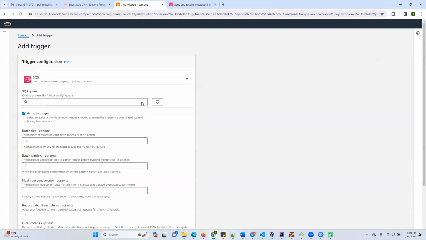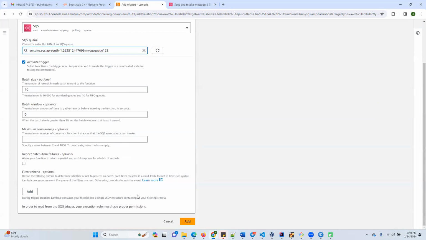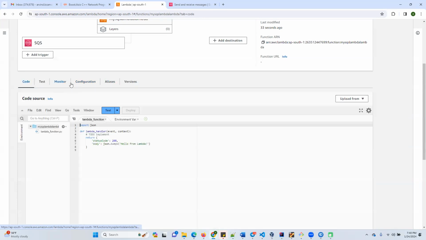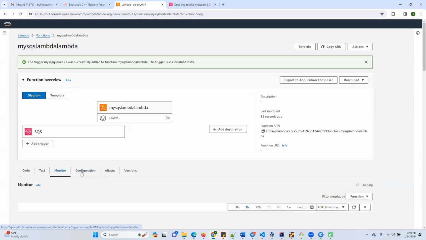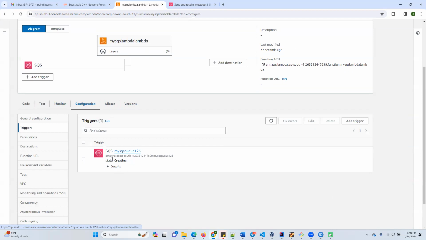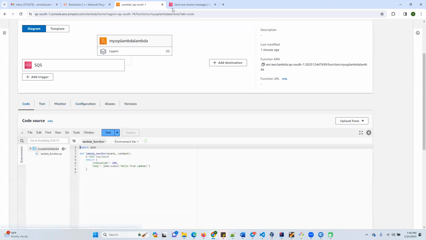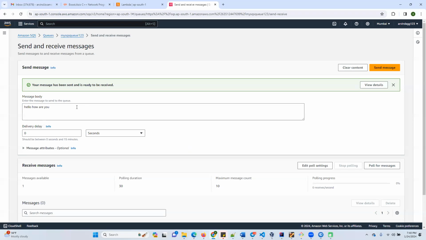Here I will check the queue. My SQS queue 123 is coming. I'm selecting the queue and adding it. Now my queue is configured. If I see the configuration, my SQS queue is configured on the Lambda. Now if I send any message from this queue,